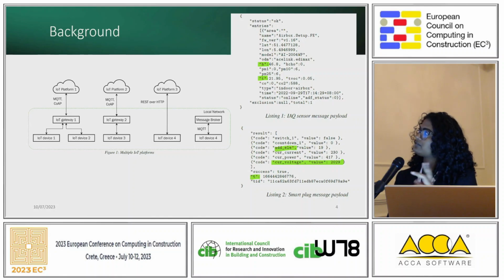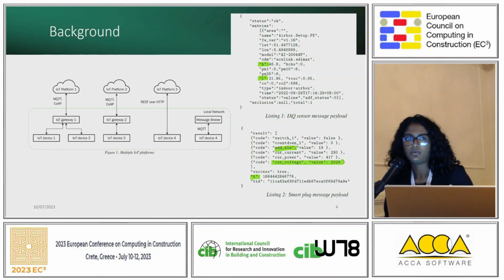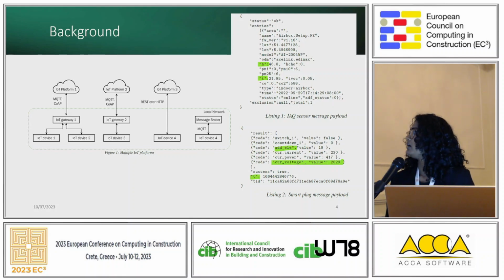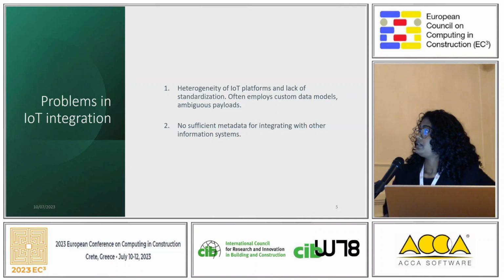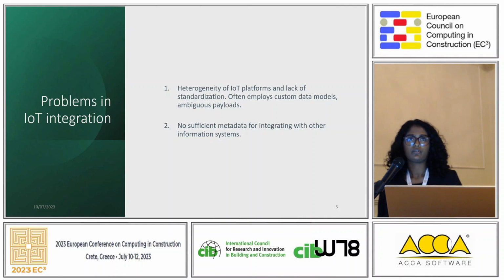So the first one is different methods to access, a lot of heterogeneity, and within the messages itself we see a lot of ambiguities because the semantics are not standardized. IoT is not for metadata, it's for communication between machines. So optimum messages, low number of characters is like the default choice. So what we identified as problems is a lot of heterogeneity in IoT platforms and lack of standardization. It's not like a field bus like Modbus or BACnet. So there's no standardization into what you can put inside the message. So different platforms use different methods and different structures inside the message.